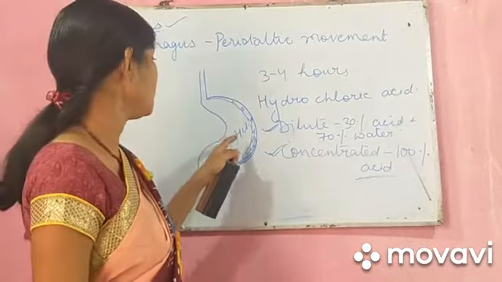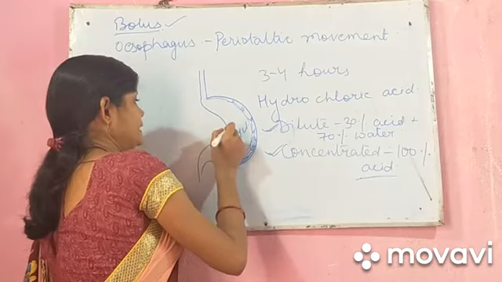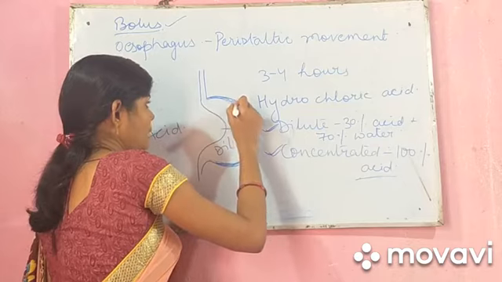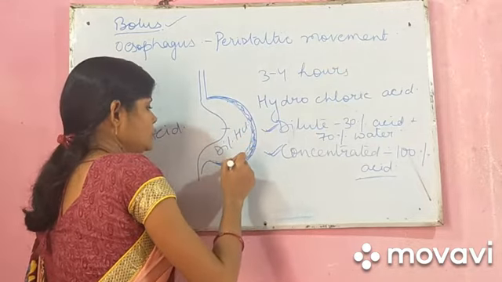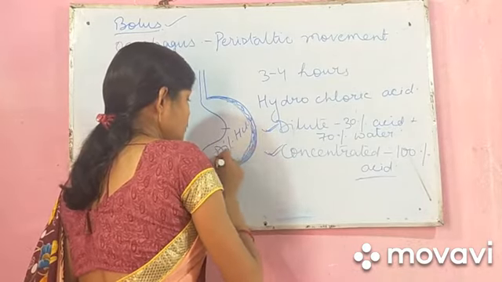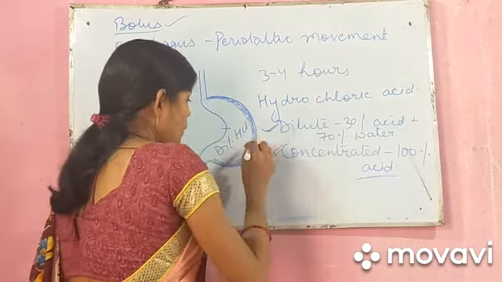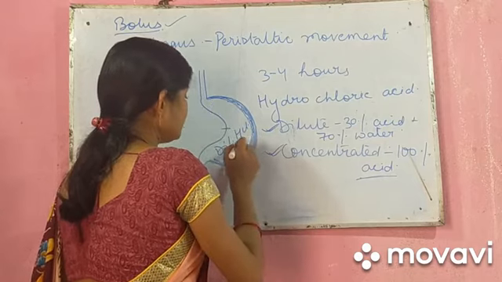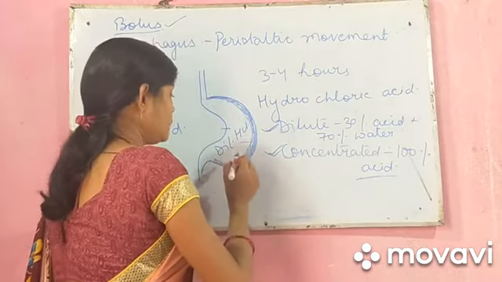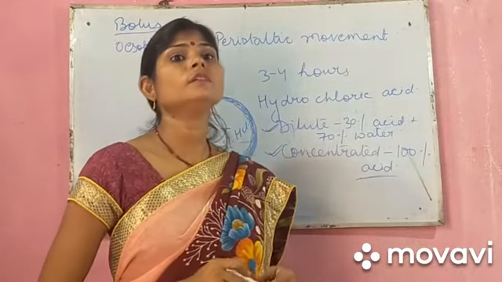So in our stomach we have dilute HCl. This HCl is acidic in nature because it is already an acid. And in our stomach we have a mucous membrane lining. This mucous membrane prevents damage to the inner walls of the stomach, so that this HCl doesn't have any effect on the walls of the stomach. Otherwise, the walls of the stomach will get damaged due to the action of